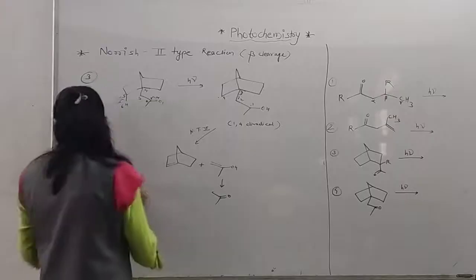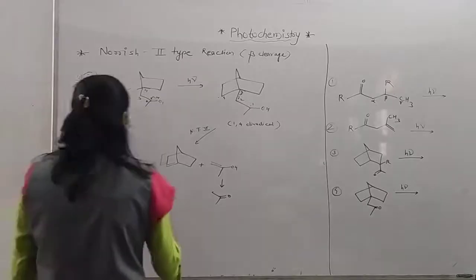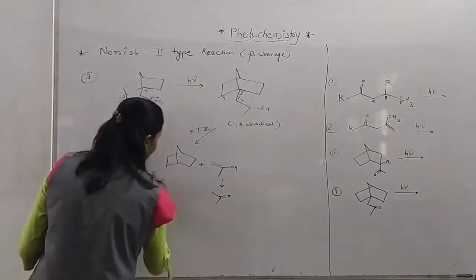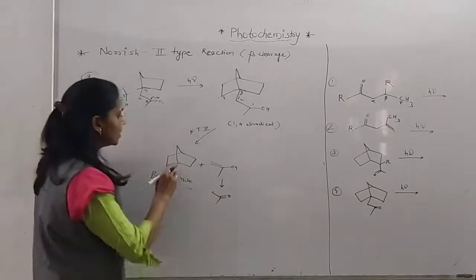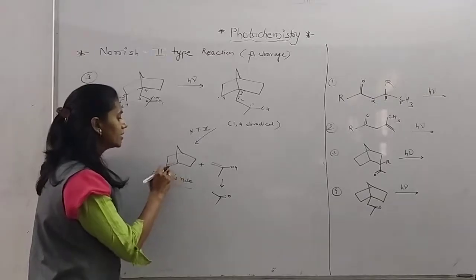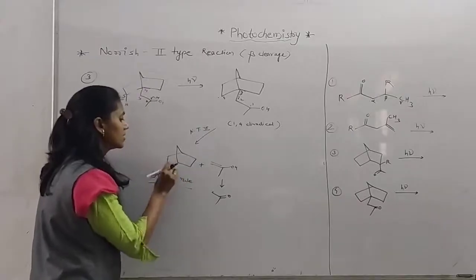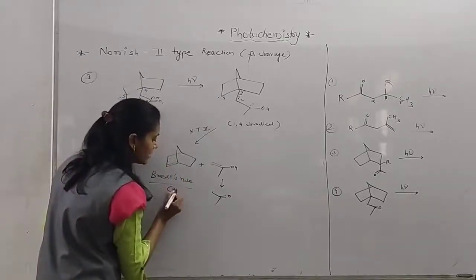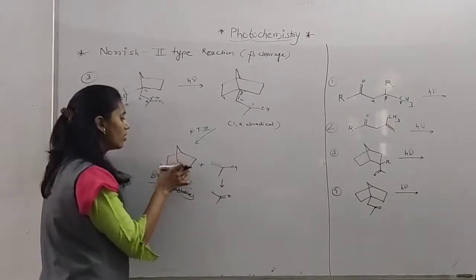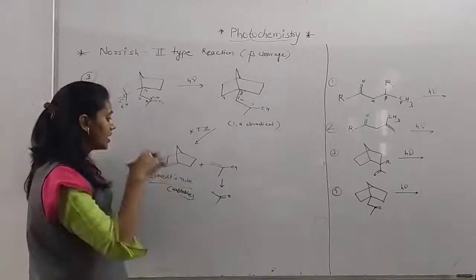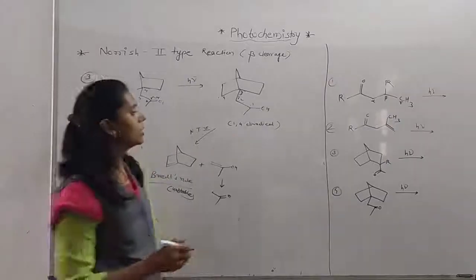Okay, but there is Bredt's rule. Bredt's rule says that a bridge carbon atom is never with a double bond, and in this structure, this bridge carbon atom has a double bond, so it's an unstable species. Actually, it's a very hindered or sterically hindered species, and in which again there is a double bond, so it is unstable, and due to this reason we go to the cyclization.